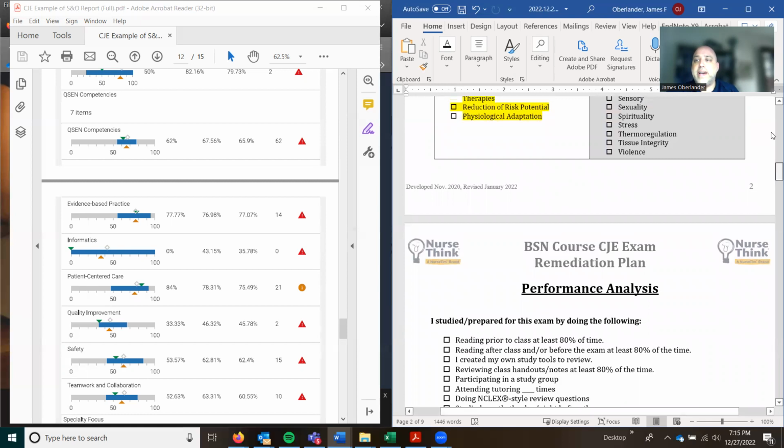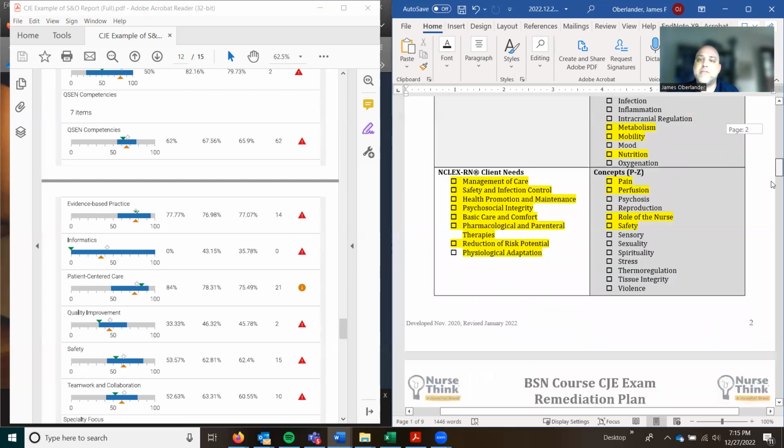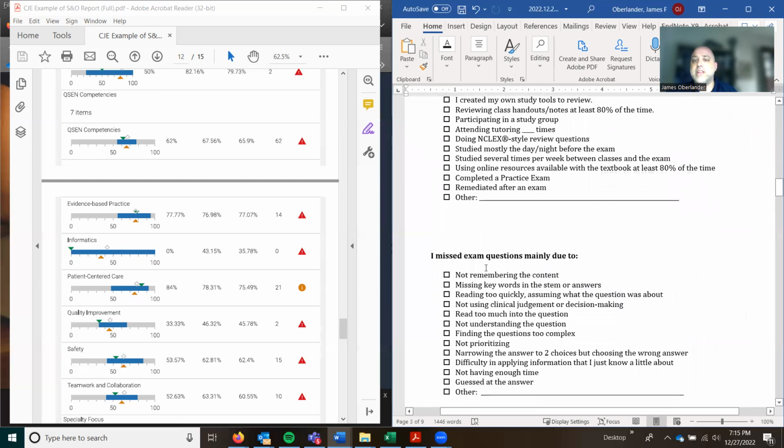So once you're done with that, you're going to scroll back to the directions. Step 3 is complete the performance analysis, which is page 3 below. So we're going to scroll down to page 3. This is sort of a reflection review, check boxes of how did you study for this? Was there any studying for this? And then how do you feel